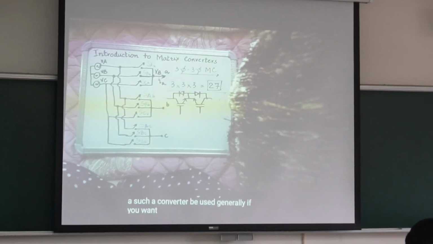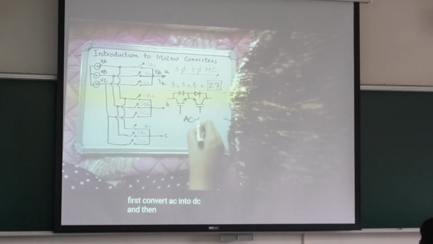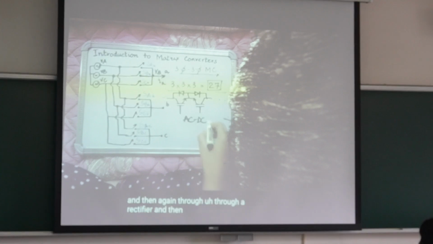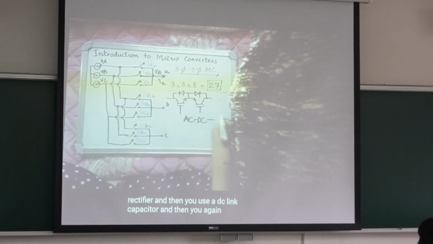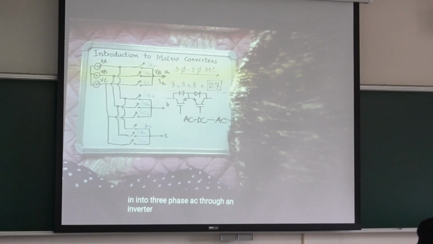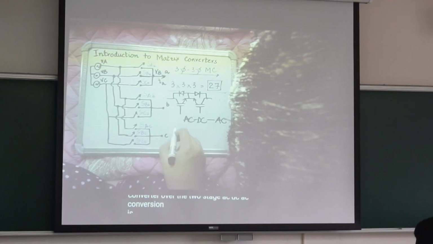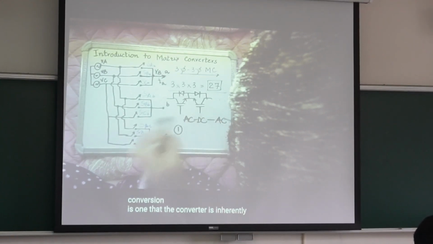Generally, if you want to do AC to AC conversion, you first convert AC into DC through a rectifier, then you use a DC capacitor, and then convert DC again into AC using a three-phase inverter. The advantage of using a matrix converter over the two-stage AC-DC-AC conversion is, one, that the converter is inherently